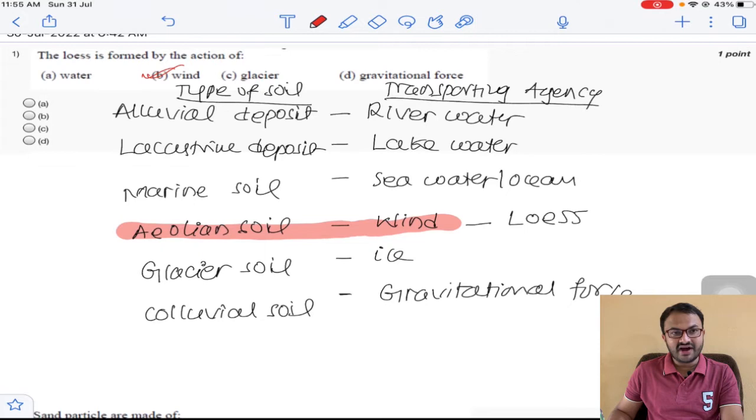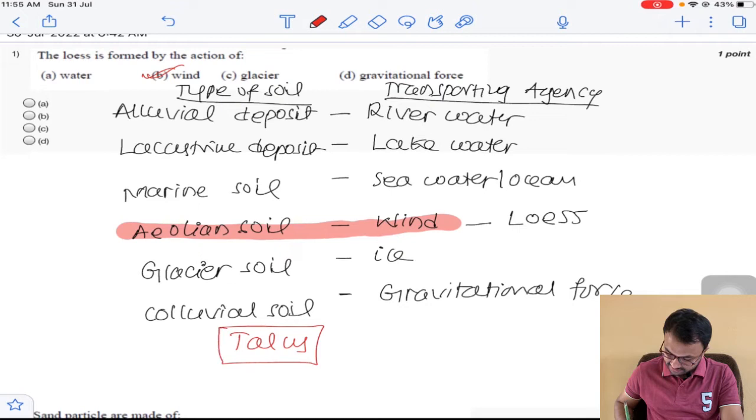And by the action of ice, it is a glacier, and by the action of gravitational force, it is colluvial soil. And the example for colluvial soil is talus. Talus is one example. Clear? Next